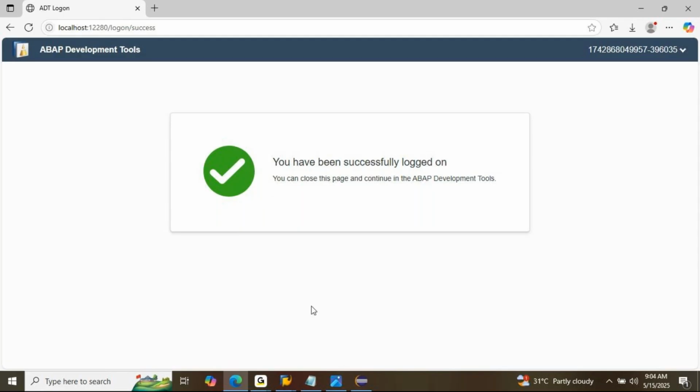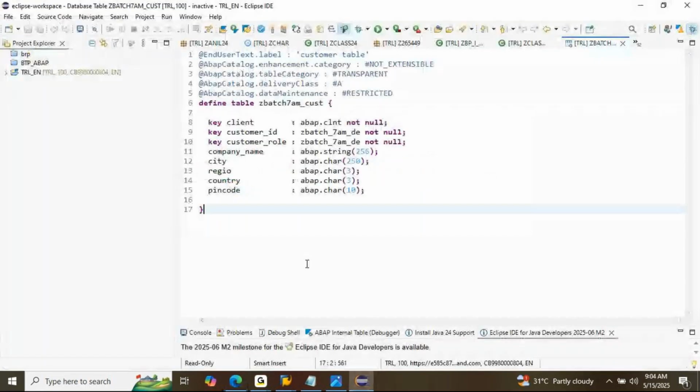Okay, so see here, I just registered and logged in successfully. Now you can see here. Guys, did you see here? Simple. Did you see? It's a table creation. So table creation in BTP. You can see here